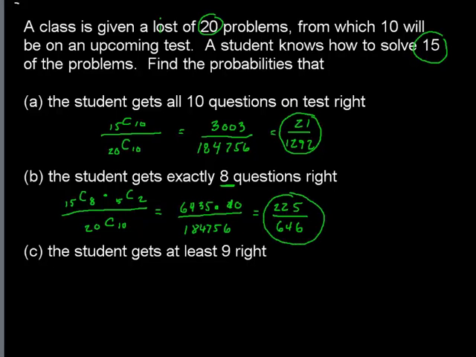So again, 15 questions. I want 8 of them that I know to be picked. Of the 5 I don't know, I need 2 of those. Okay, the student gets at least 9 right. 9 right means 9 right